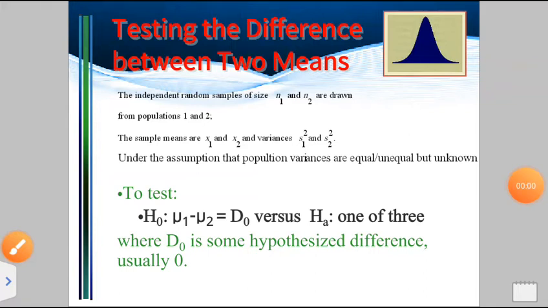Hello students, today in the continuation of the t-test for the one mean, I am going to tell you how to perform the testing of the difference between two means using the t-test. The t-test is used when we have a sample size less than or equal to 30, and I will show how to perform the calculation in Excel because it is a part of the practical and a theory too.